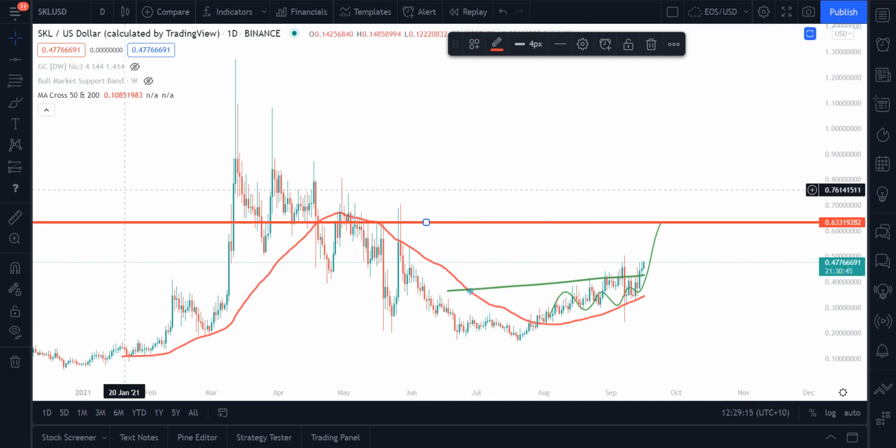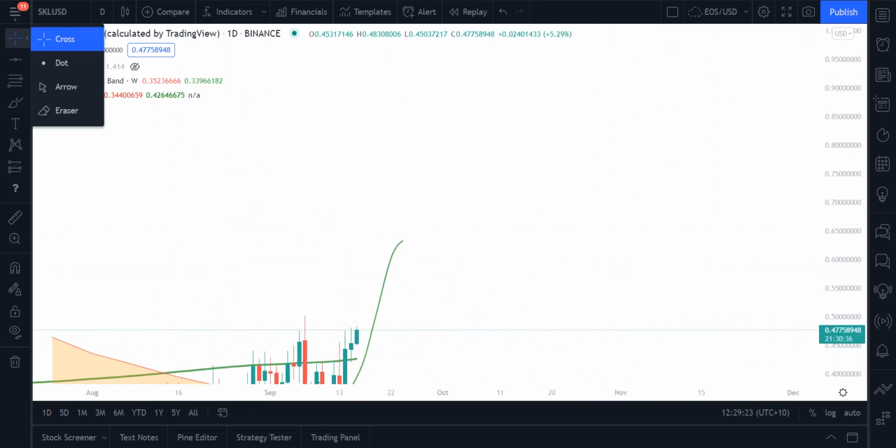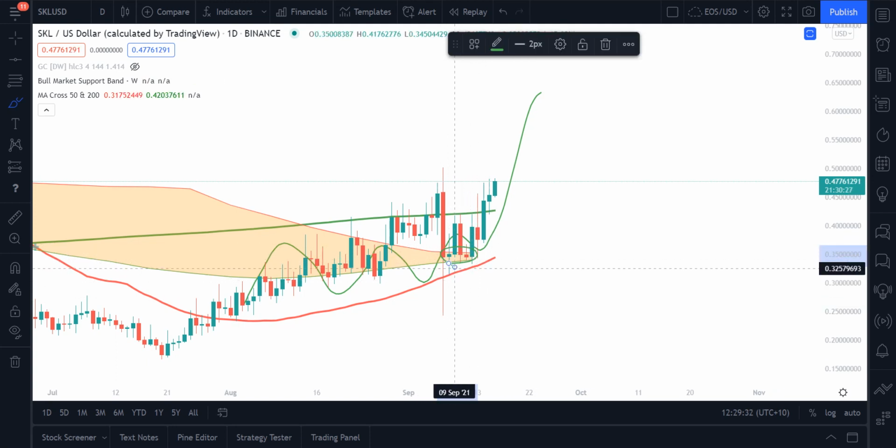Seems logical to me. If we bring out the bull market support band, it's also suggesting this idea. If we zoom up, we've found a nice bottom from the bull market support band, in which we've held it for support 1, 2, 3, 4, 5, 6 days in a row, and we've built a nice base of support there from which we have a great opportunity